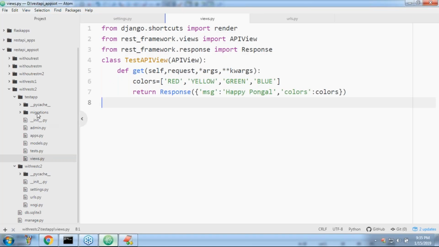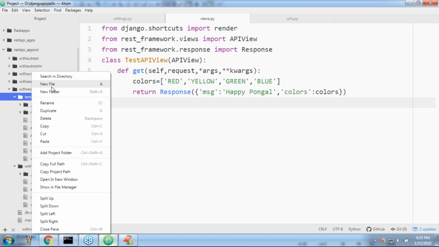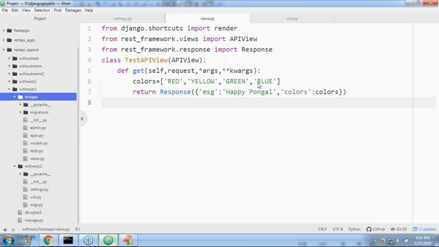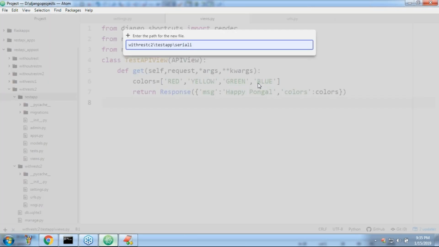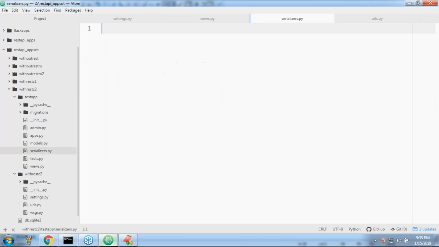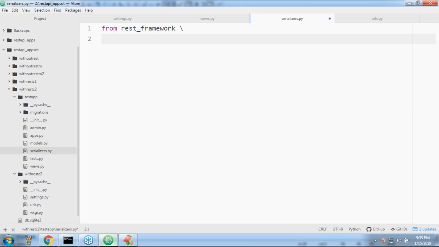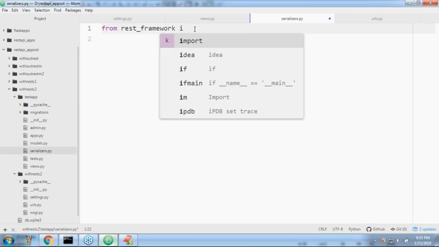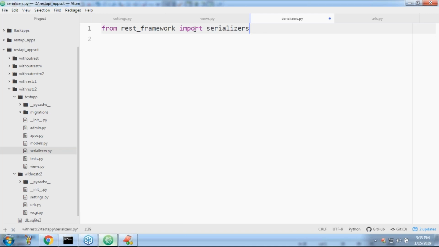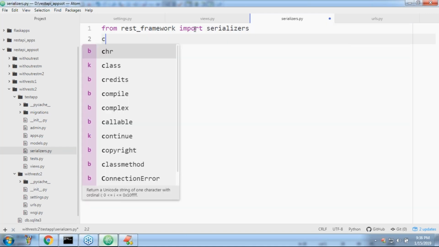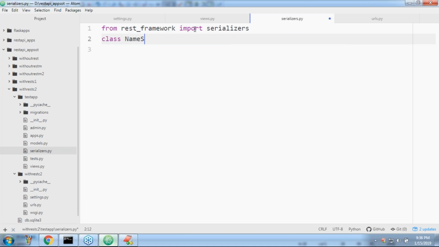So for that, observe carefully, sir. First, let me write some serializer. What is the file name? Please confirm. What is the file name usually we are going to use? serializers.py. Of course, here model and these kinds of things are not there. Don't worry, sir. Model is not there. Just from rest_framework import serializers. Next, I'm taking a class name serializer